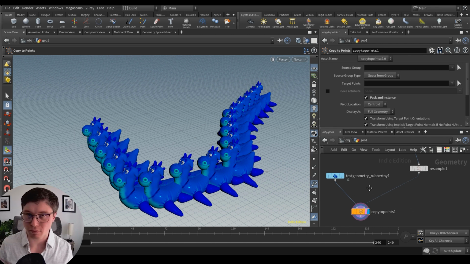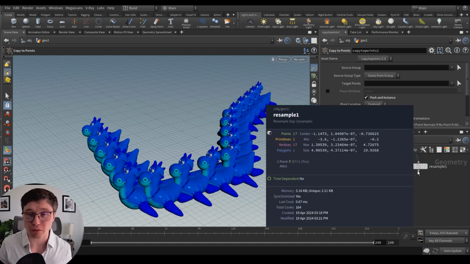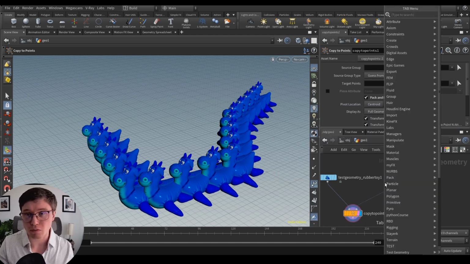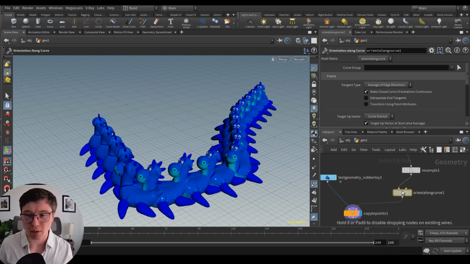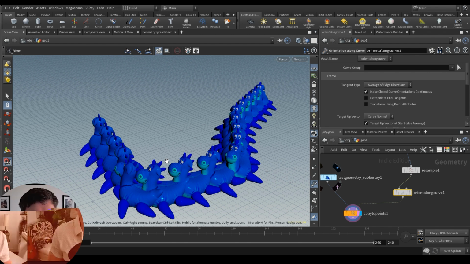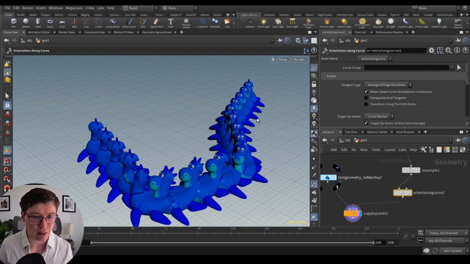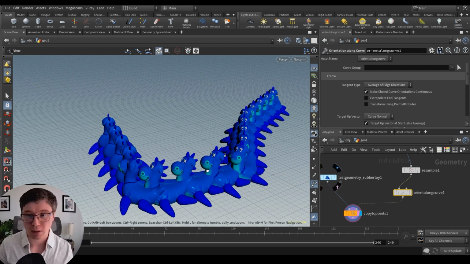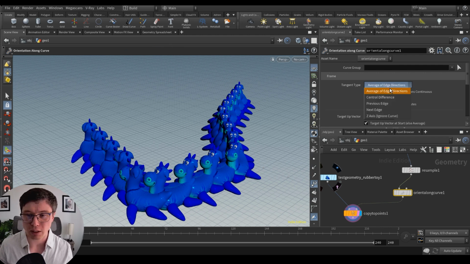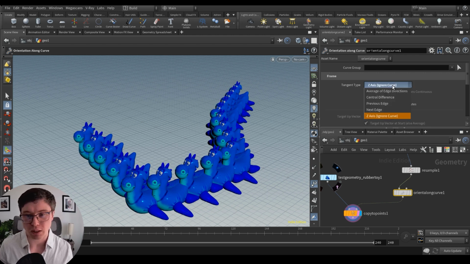But you can also specify some attributes that you would put on the points, as I explained earlier, right? So, for example, since it's a curve, we have this node, orientation along curve, that exactly helps us create some attributes for curves. In that case, you see that it helps us line up and follow the tangent of the curve. So that's why everything is based on the average of edges direction. We have also slightly different modes that would basically do the same thing. Z-axis, well, it would just ignore everything.